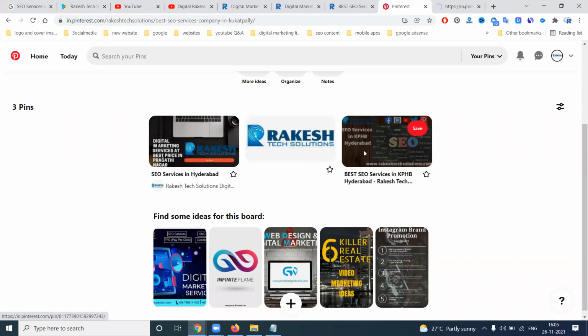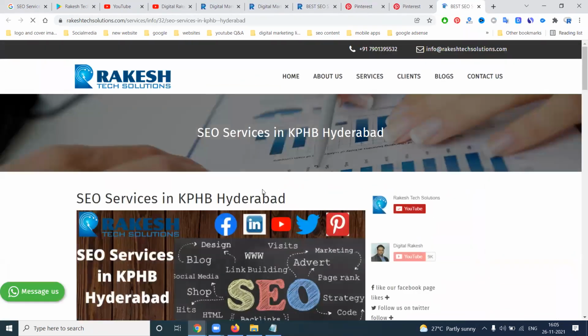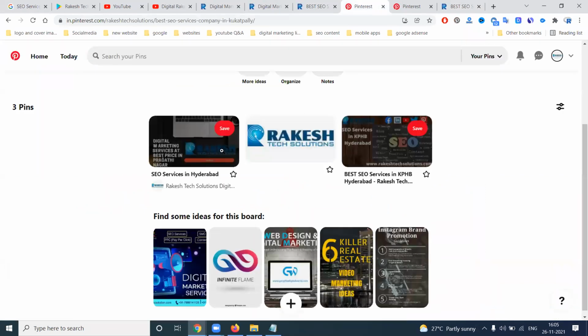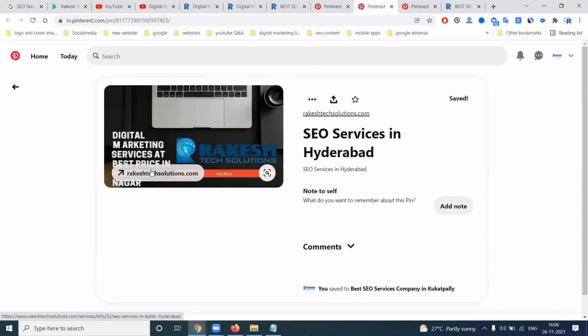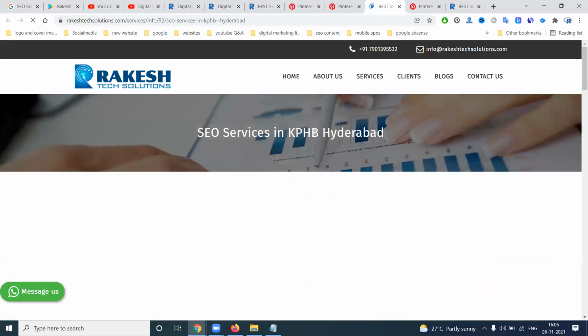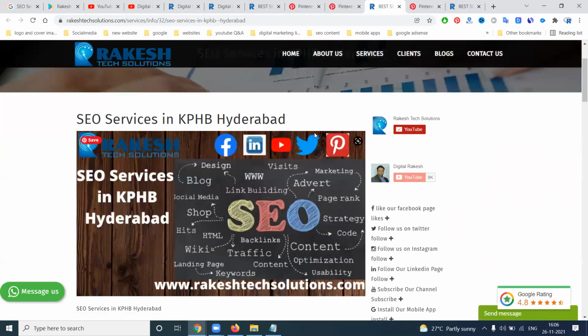Look at this one, click here. Select the link, the image will be the same. Change the image, the link will be the same. So with one link, we can promote multiple images. That option is called pinning. So these are the different options we can use for a particular posting.